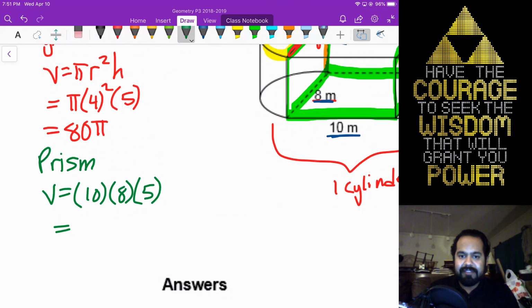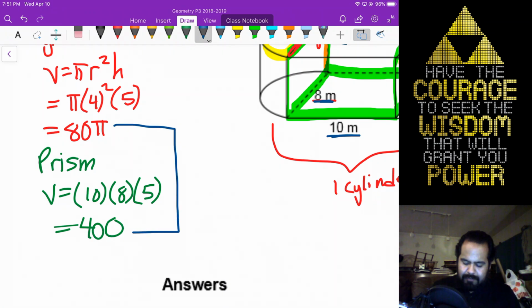So 8 times 5 is 40. 40 times 10, 400. Now, adding these together, we're going to take 80 pi and the 400. Don't know why I said 40. So the total volume,